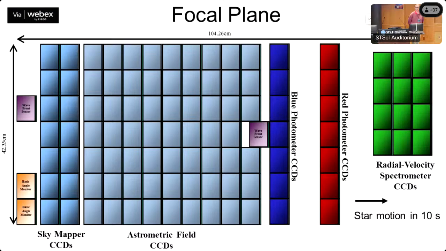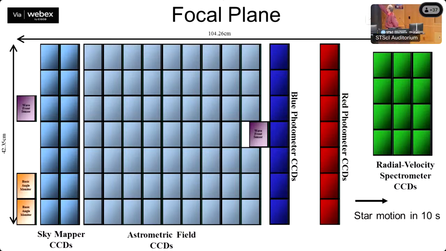In case you're not familiar, the peculiarity of Gaia is that it's taking data continuously, and the stars move like this. This is how a star moves in 10 seconds. So the charge is moved in the detector and then collected at the end of the detector. One of the nice features of this is that flats are much easier, because basically you are detecting a star over many pixels in the detector.